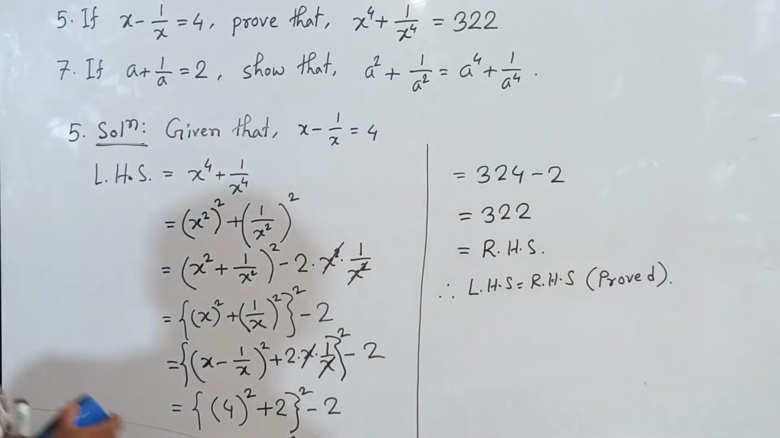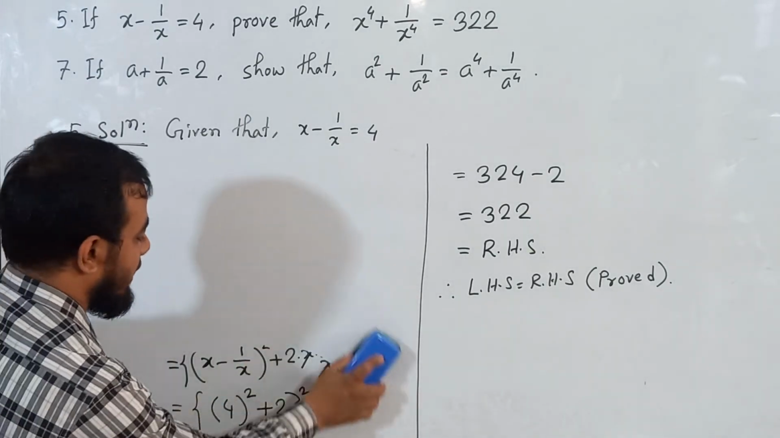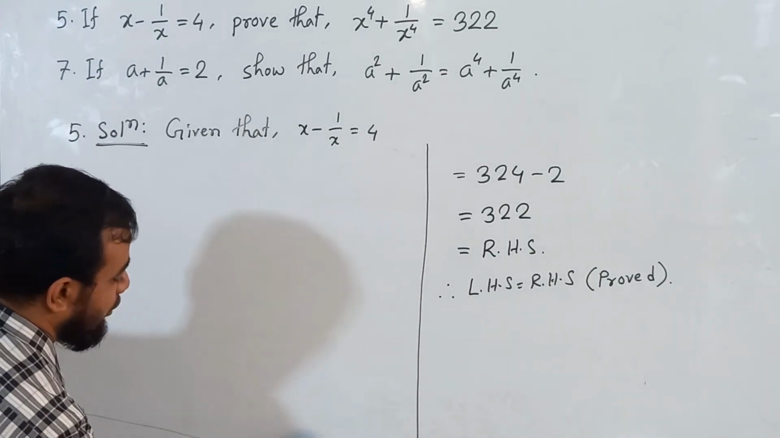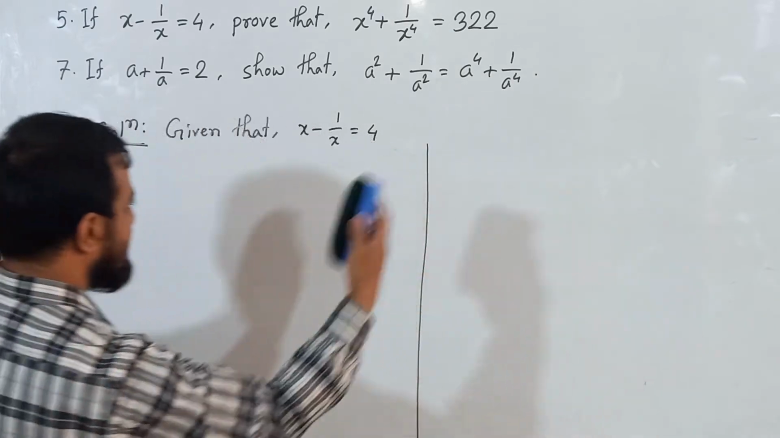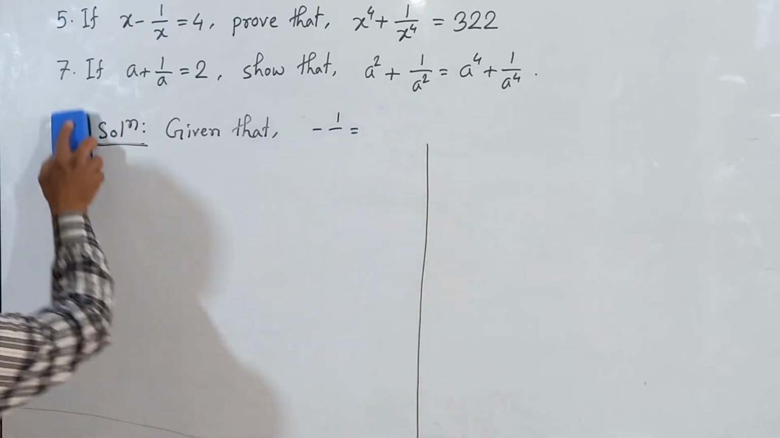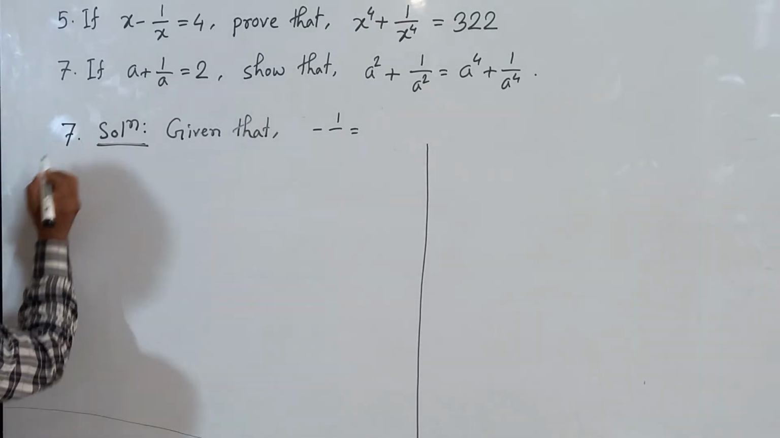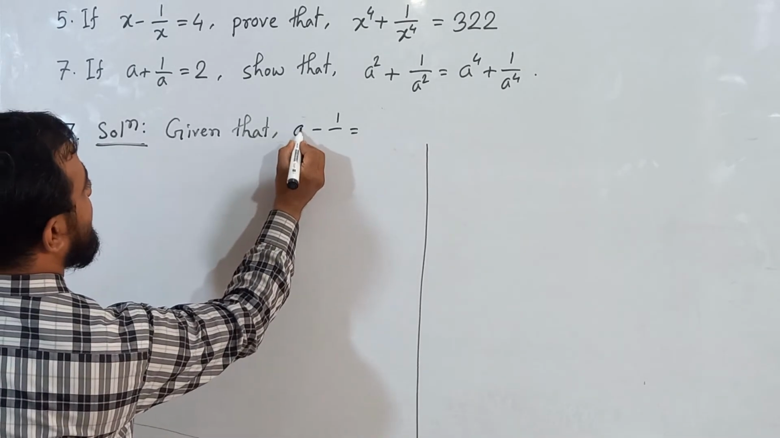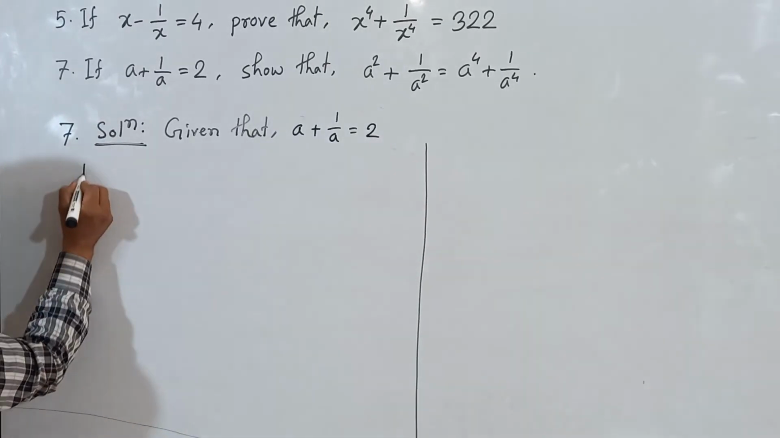To solve this sort of problem, I told you before that we will take our left hand side and calculate its value. After that, we will take the right hand side and calculate its value also. So solve this one like this. It's problem number 7, given that a plus 1 over a is equal to 2. Now the left hand side